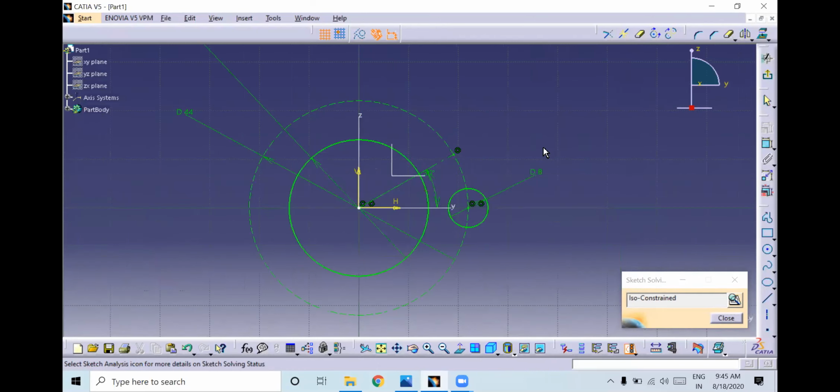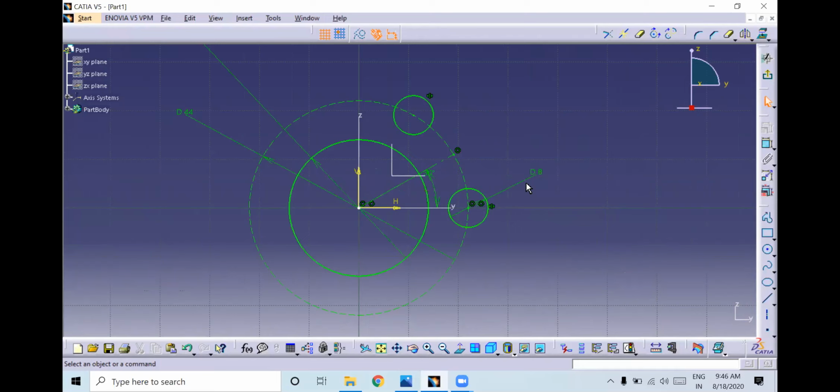You can zoom it. Then I will go to mirror, select the profile to be mirrored, then select the center axis. Again I will hold the control button and select this, go to mirror and select the center axis.